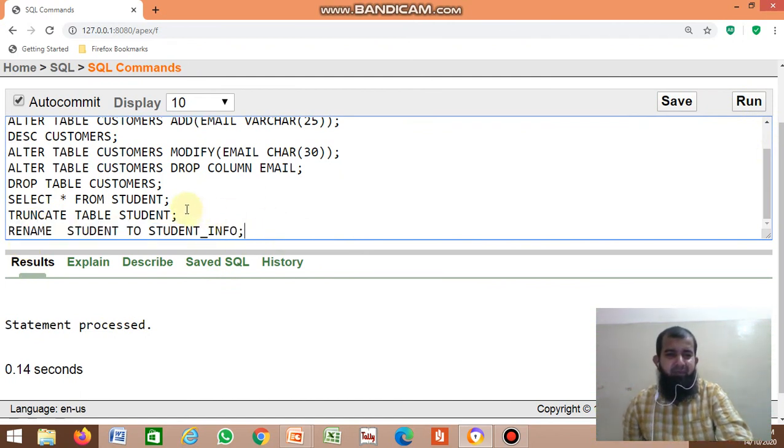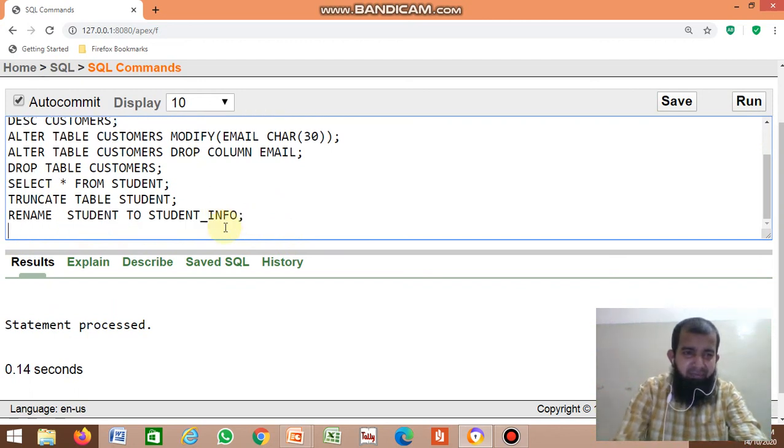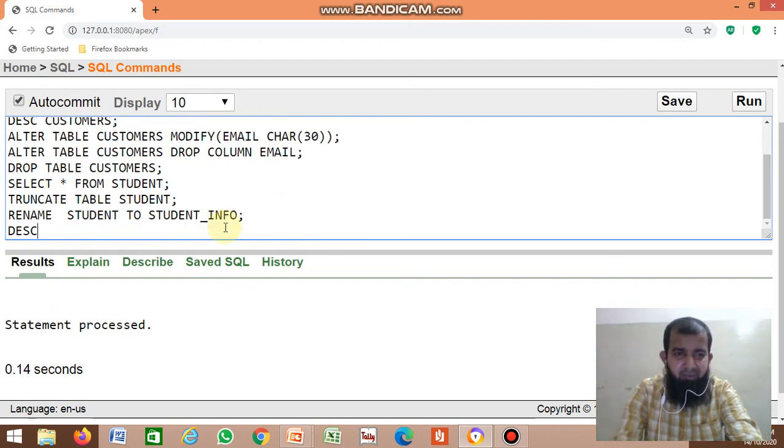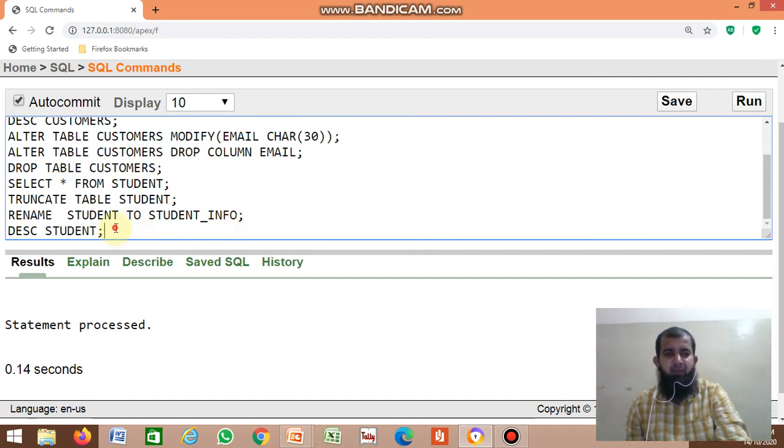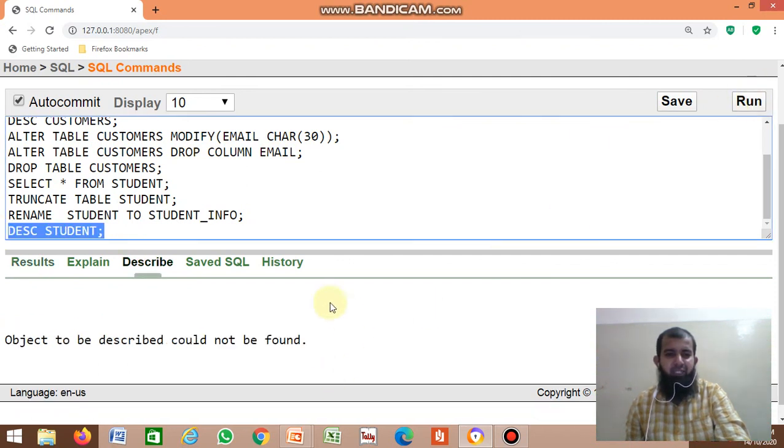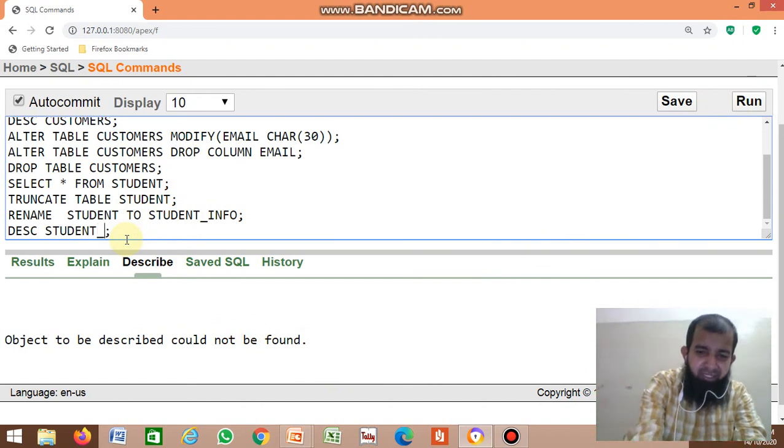If you want to display the structure of student, it doesn't display because the name is changed. The name is student info.